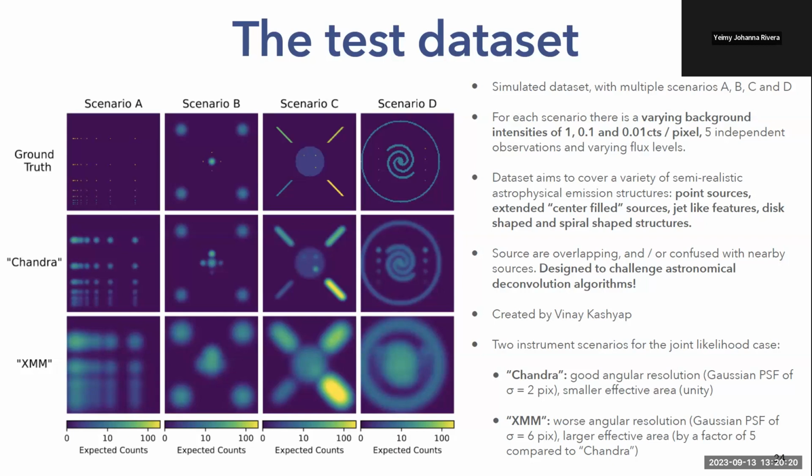The first one is scenario A. This is just a selection of point sources, where the point sources are very bright at the top, then they get weaker toward the bottom, and they also move closer together toward the left. Then there's scenario B. This is a collection of point sources with an extended source nearby, just with regard to shape. Then there's scenario C. This has a very weak underlying disk-shaped component, on top of which are point sources, and then we have these jet-like structures. And there's scenario D with some point sources arranged like a spiral.